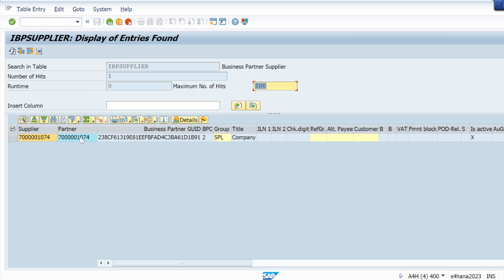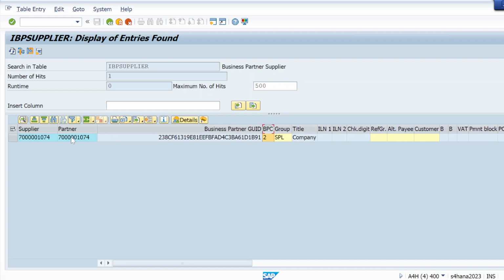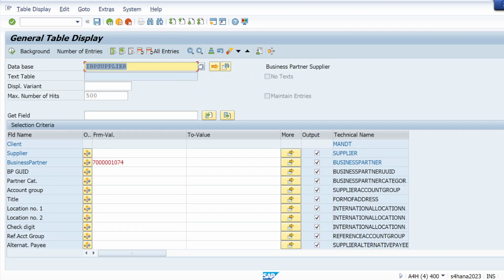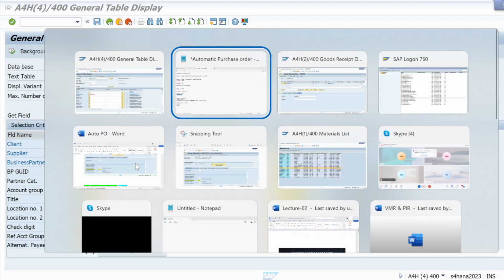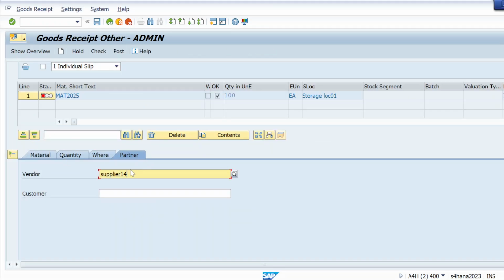Supplier and BP are both the same. This is BP, this is supplier, and why is it not taking this? Let me check again. Supplier.